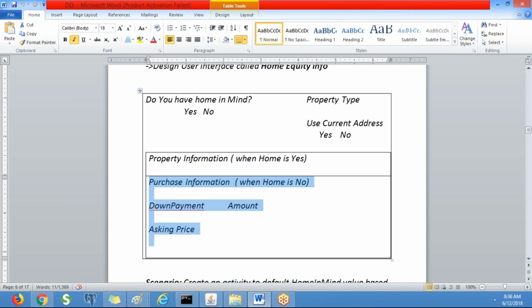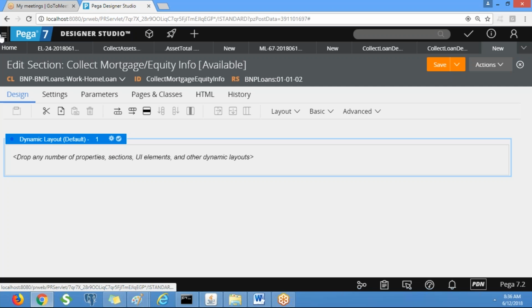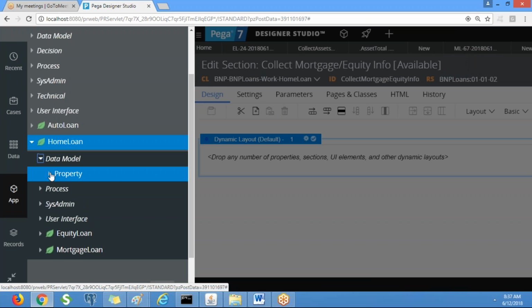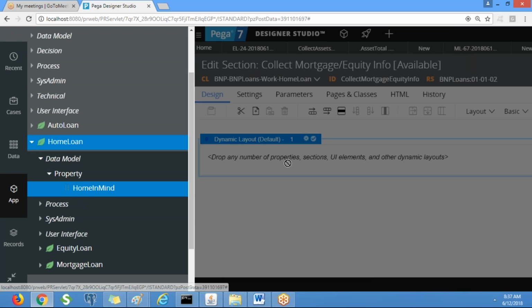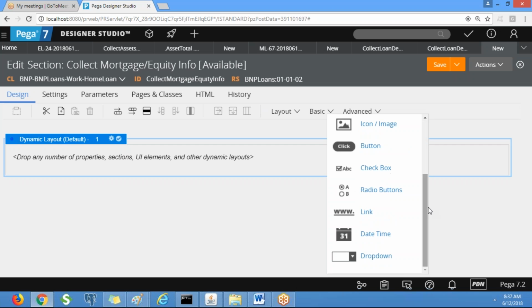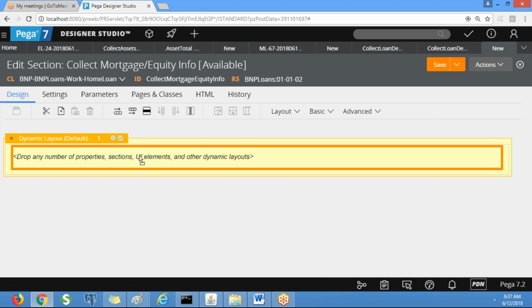Okay. So now use the property, do we have a home in mind property, right? So you use that, change the label. So we have that property home in mind in the home loan class, right? So it will be a radio button.